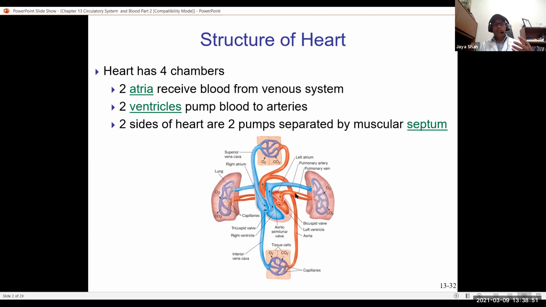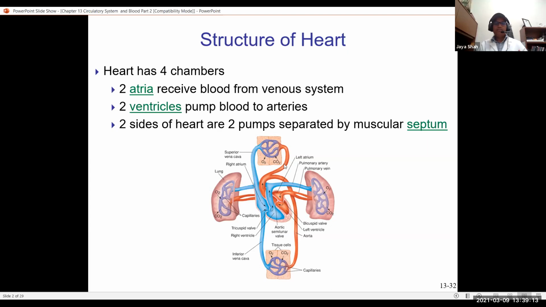And through the pulmonary veins, it is brought to the left atrium from both sides of the lungs. Once it comes to the left atrium, then through the mitral valve it goes to the left ventricle, then through the aortic semilunar valve, through the aorta,